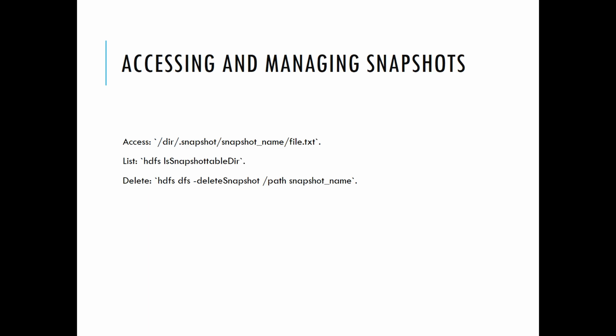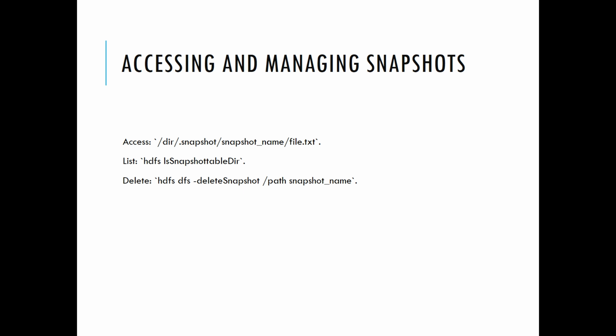Accessing snapshot data is straightforward. Files reside under a hidden .snapshot subdirectory within the original path, e.g., /dir/.snapshot/snapshot-name/file.txt. Administrators can list all snapshottable directories via hdfs lsSnapshottableDir. To delete a specific snapshot, use hdfs dfs -deleteSnapshot /path snapshot-name, which removes the snapshot's metadata and reclaims storage for blocks no longer referenced by any snapshot. Crucially, deleting snapshots does not affect active files or other snapshots, as storage is freed only when all snapshots relinquish